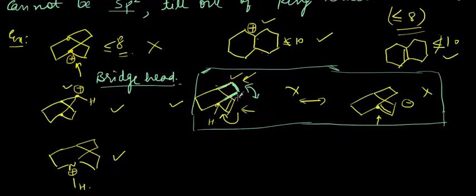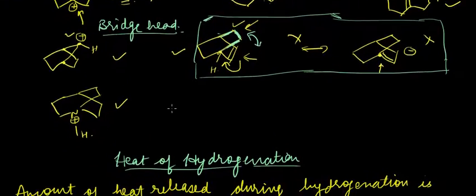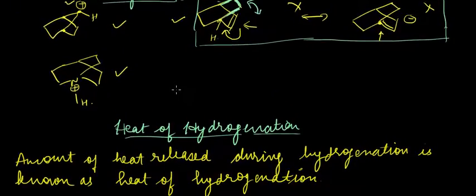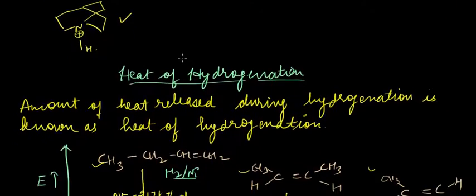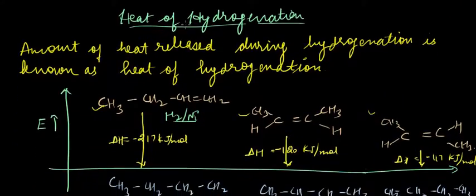Okay guys, as I gave you some homework in the past lecture, I'll be continuing from that. If you look at the hybridization of nitrogen here, it is clearly sp3, so it follows Bent's rule. Now we'll look into the application of resonance, hyperconjugation and inductive effect through heat of